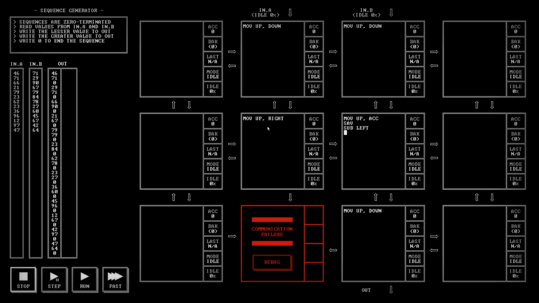Then I subtract in.A from it, and what if these are equal? Then it doesn't matter. Then you just write the two equal values, right? Okay. So I've subtracted this from that. If I get a positive number, then